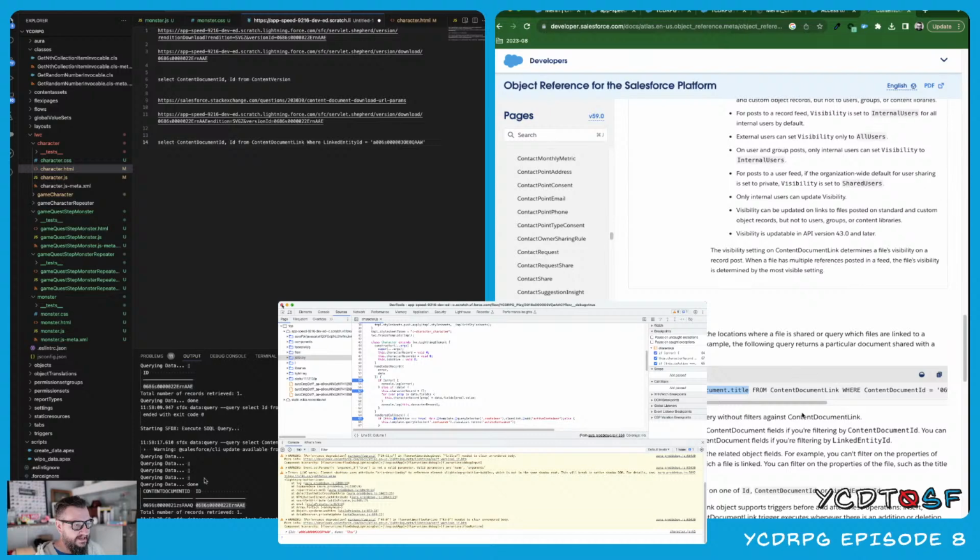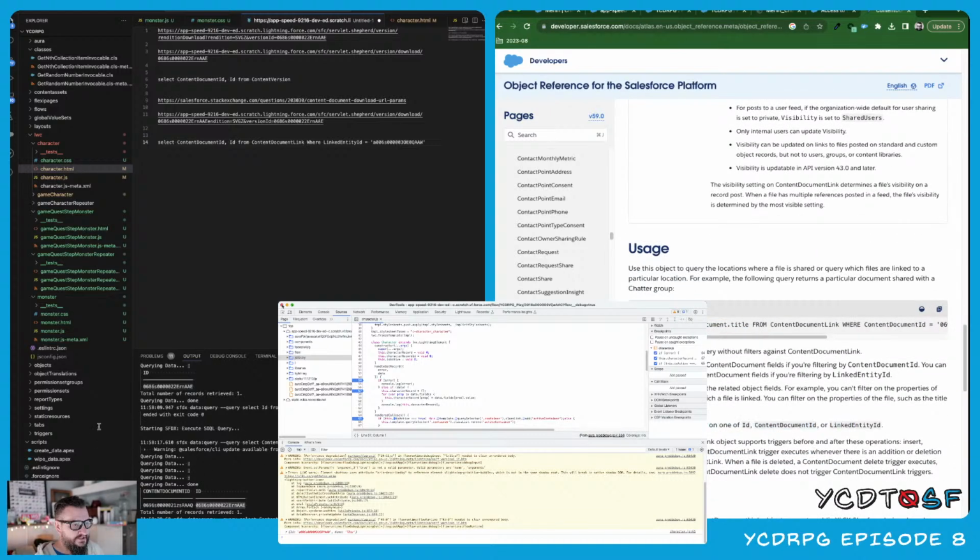So we can get... must return one of these. You can't run a query without filters. You can't filter on content document fields if you're filtering by content document ID. You can only filter on, okay, so we're filtering on the linked entity. So our need here is also,